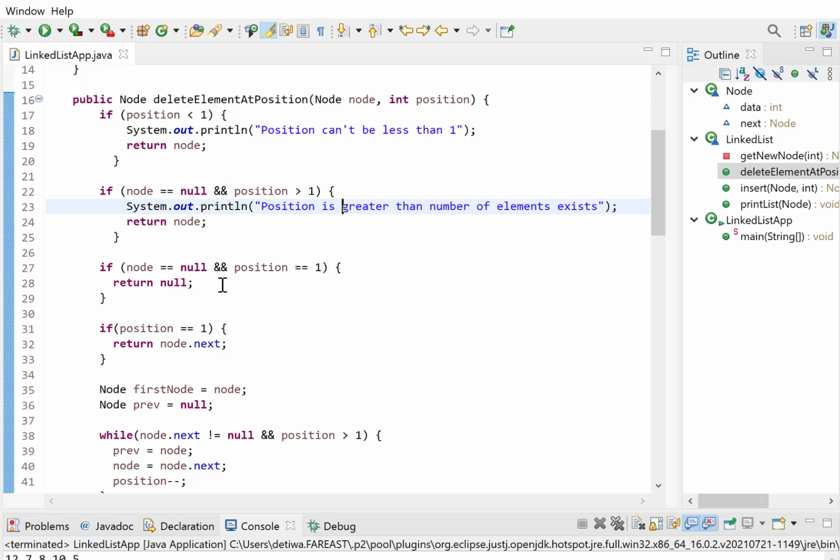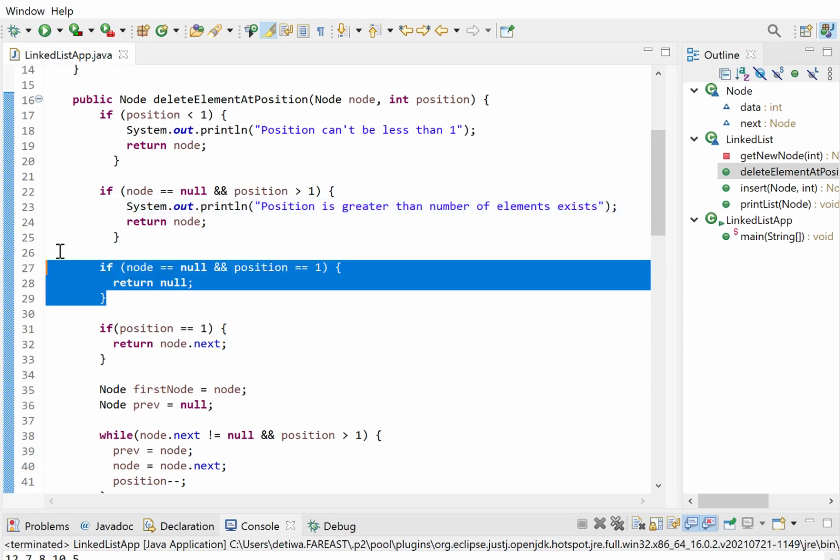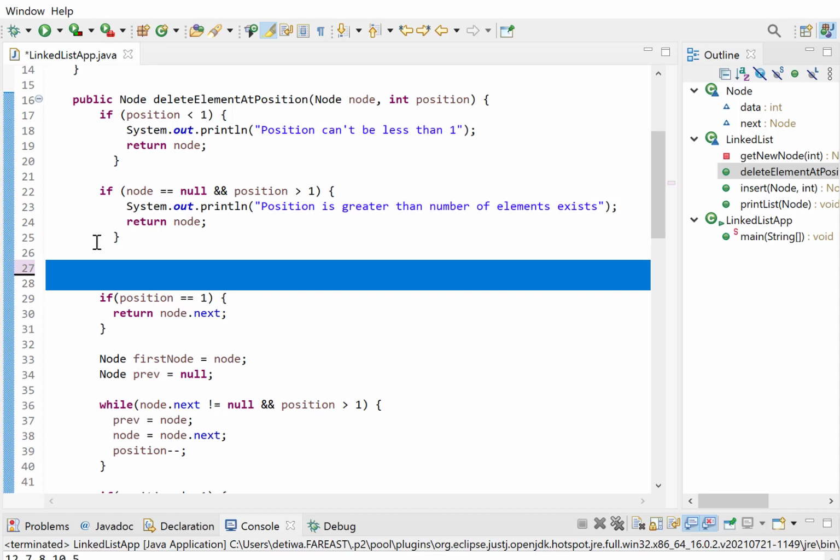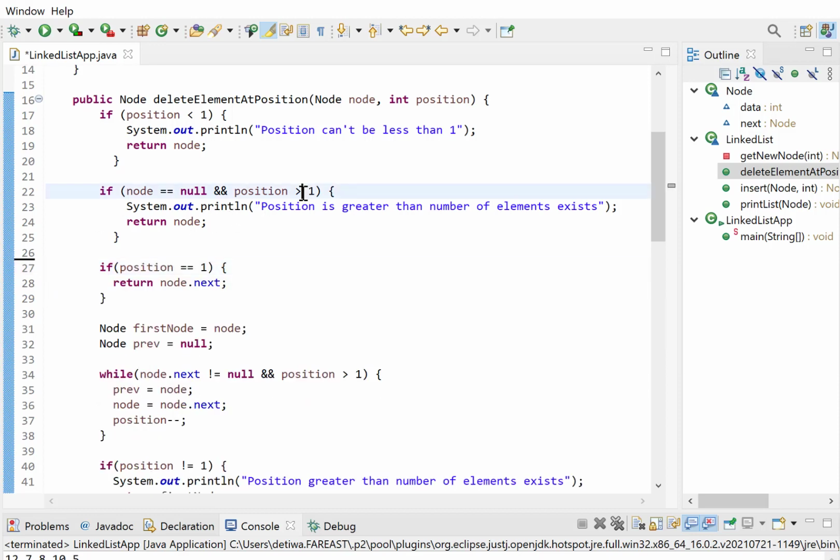In fact, this doesn't make sense, so we can remove this and just check if node is null. Whatever the position can be, 1, 2, 3, if node is null, then this is not a valid case, because the position is greater than the number of elements that exist.